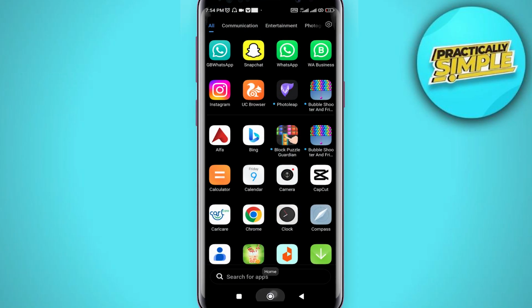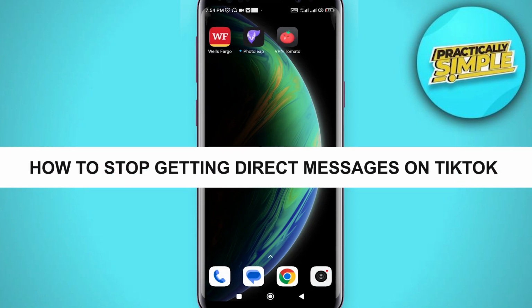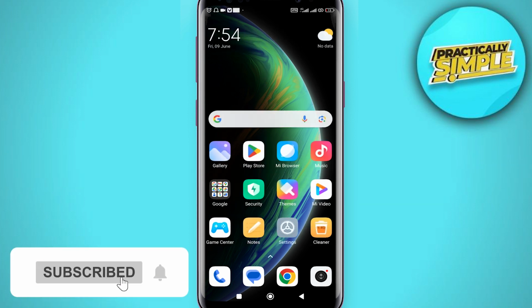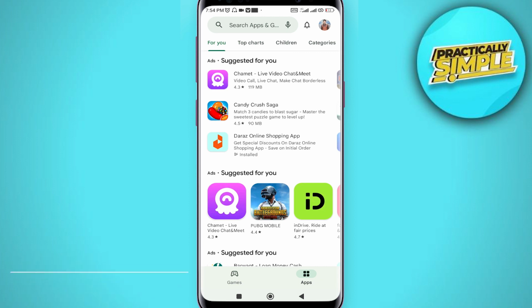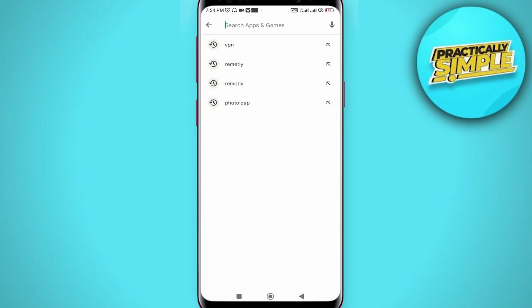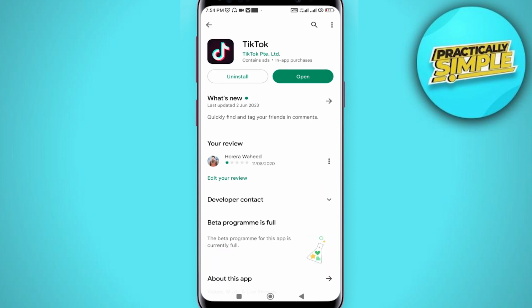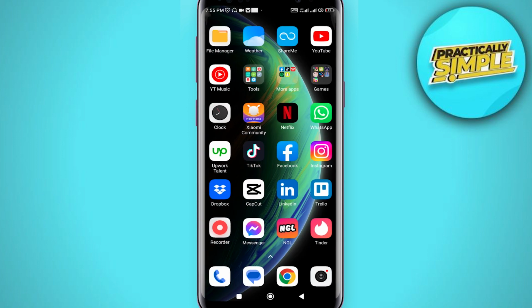In today's video, I'm going to show you how to stop getting direct messages on TikTok. So for this, first of all, you just have to open your Play Store or App Store depending on your device, and then tap on the search bar and search for TikTok, and you just have to make sure that you are using the latest version of the TikTok application. If there is any update, just make sure to update the TikTok application, and after updating, just open the TikTok